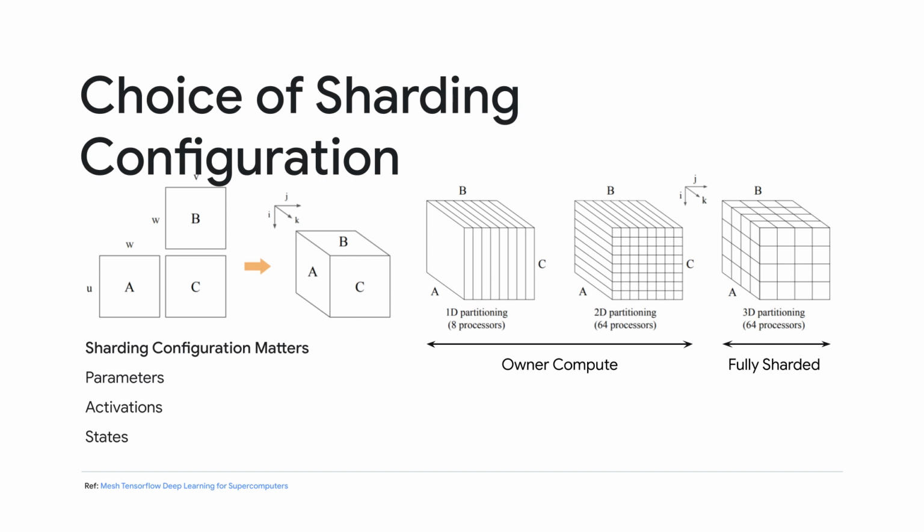The authors show that computation corresponds to the volume of the slices on each worker, and communication corresponds to the surface area. And the insight was that the fully sharded configuration had the best compute to communication ratio. And once again, apply this to a more complex, large multi-layer setup. The takeaway here is sharding configuration matters, and you want to be able to iterate over multiple configurations before you find the optimal one.